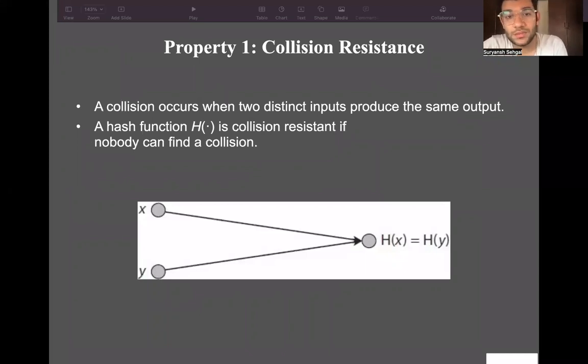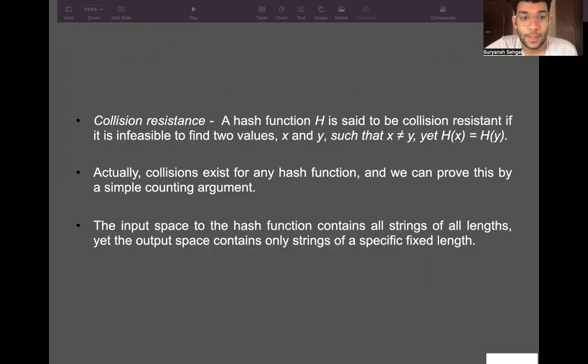A collision occurs when two distinct inputs produce the same output. If we input X and Y and both give the same output Z, we call it a collision. A hash function is collision resistant if nobody can find a collision. A hash function H is said to be collision resistant if it is infeasible to find two values X and Y such that X is not equal to Y, but yet H(X) is equal to